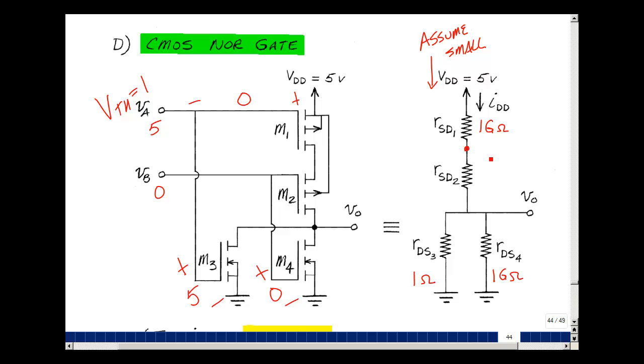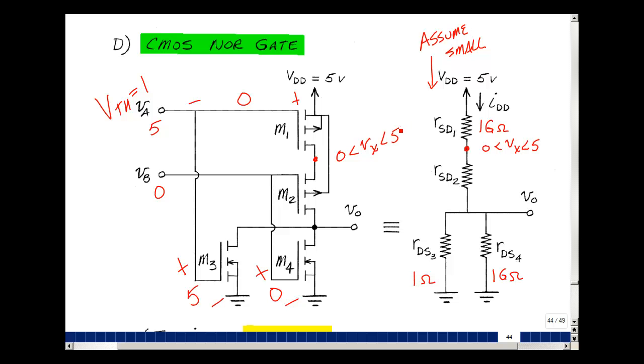We've got a small current times a big resistance. It's really multiplying 0 times infinity. You can get any answer you want. But this is a 5 volt power supply and ground, so this voltage is somewhere between 0 volts and 5 volts. I'll call it maybe V sub x. The voltage here is somewhere between 0